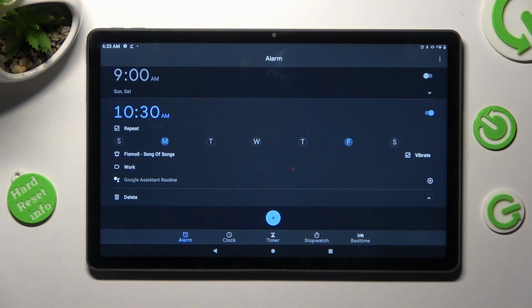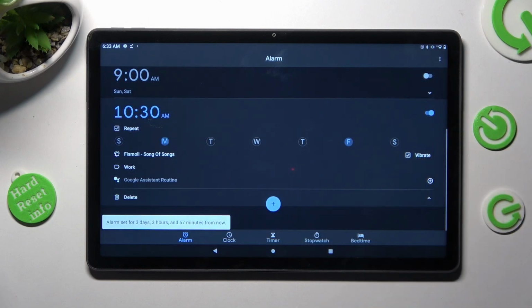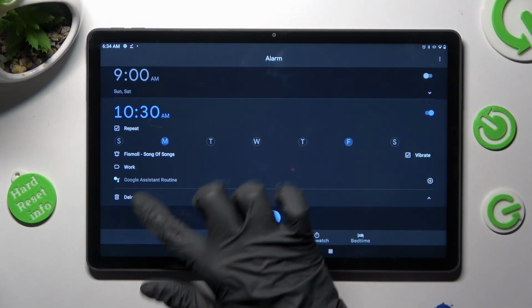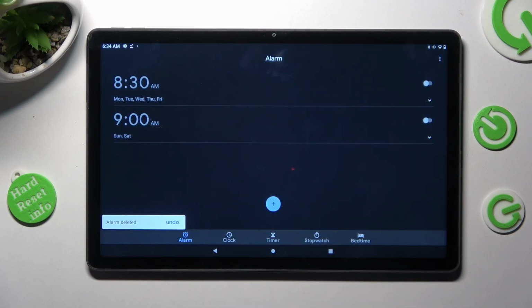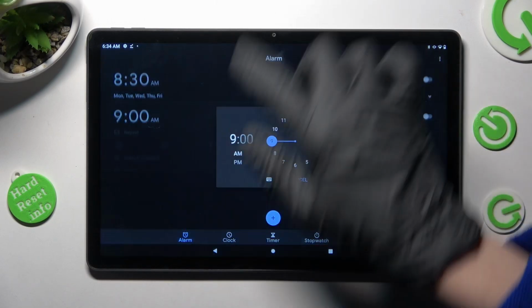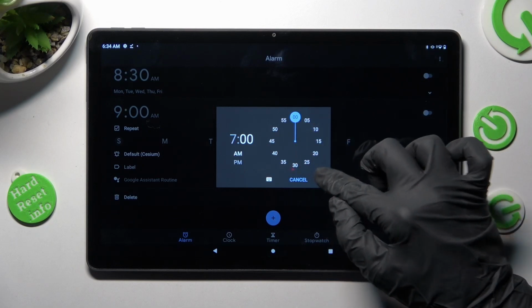In order to switch it off completely, click on this switcher next to it. You can turn it back on the same way. In order to delete your alarm, click on Delete at the bottom left corner of it. In order to edit it though, click on it, make some changes,